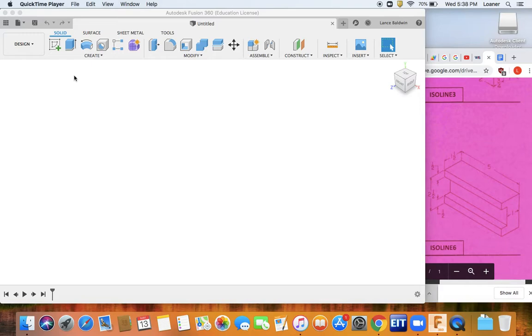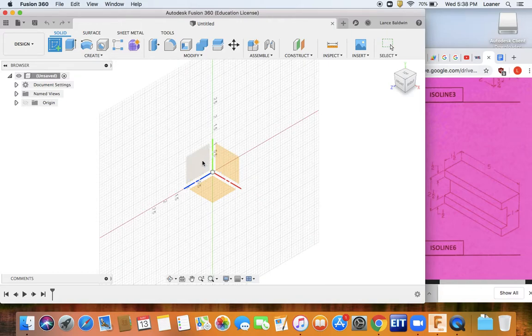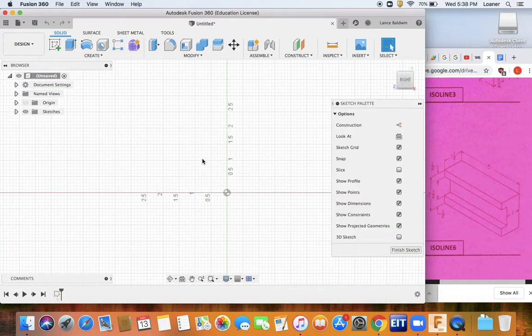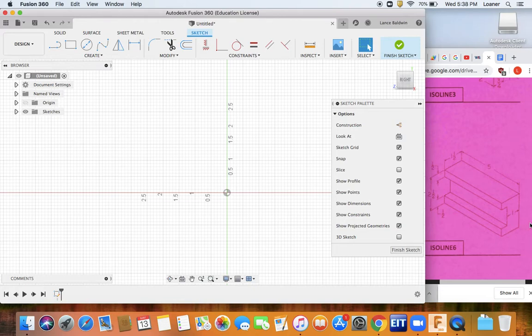In this drawing, I'm going to make this ISO line 6 in Fusion 360. This, I think, has the most interesting things happening, so I'm going to pick that plane to start this drawing. That corresponds with that plane. Okay. So then I'm going to pick this as a 0, 0 origin and draw a 1.5 by 2.5 tall